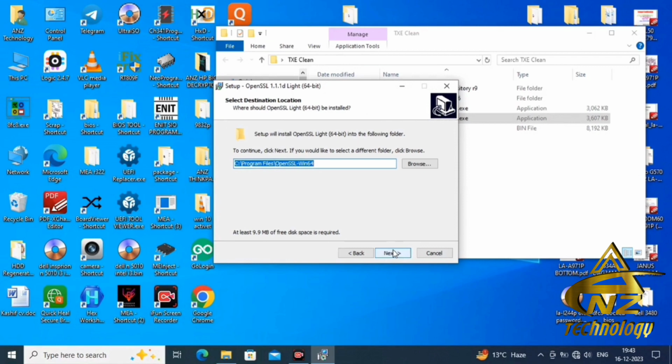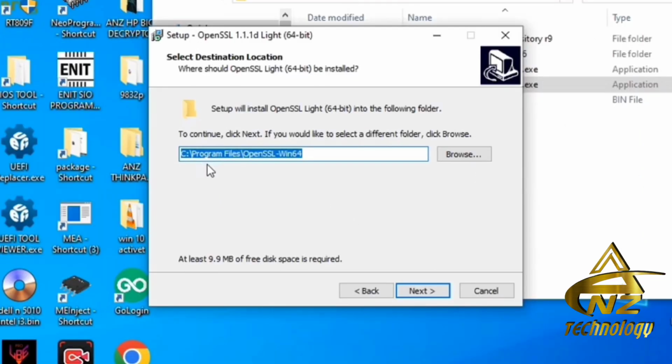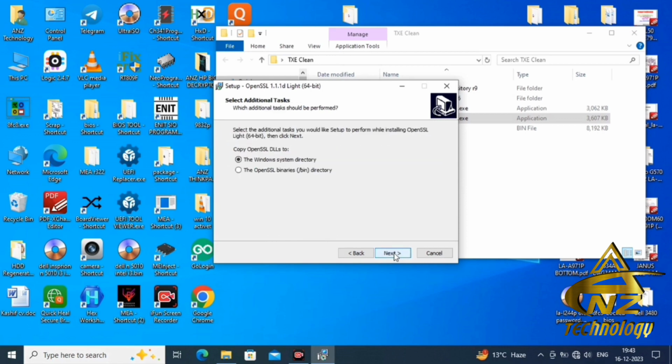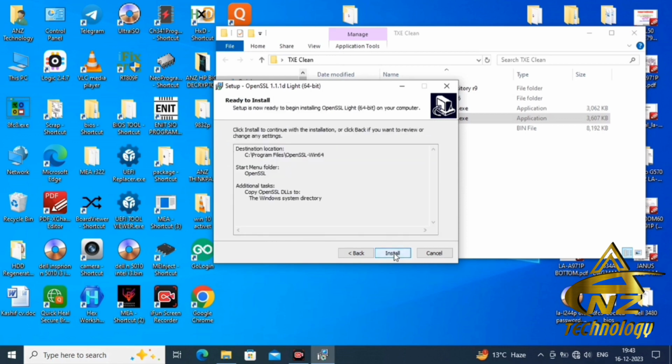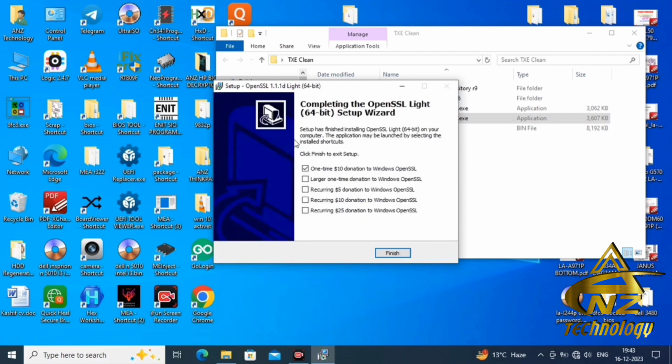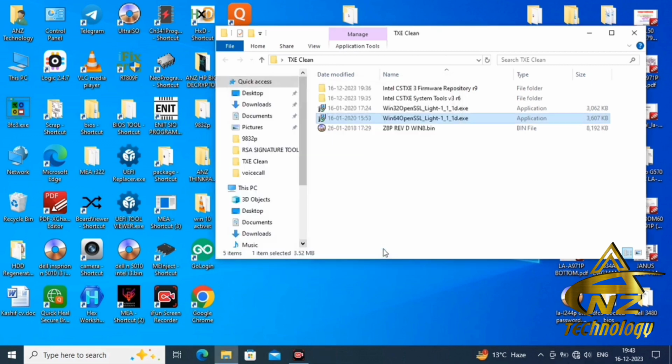Next. Here you have to remember this location and next. Click on install. Now untick this one and click finish. So our OpenSSL software has been installed successfully.